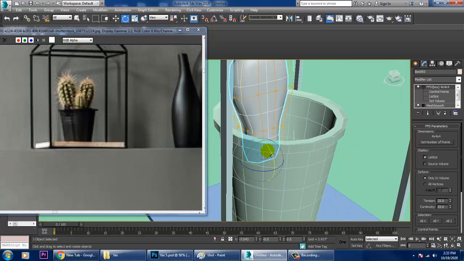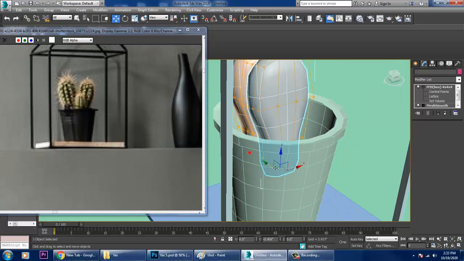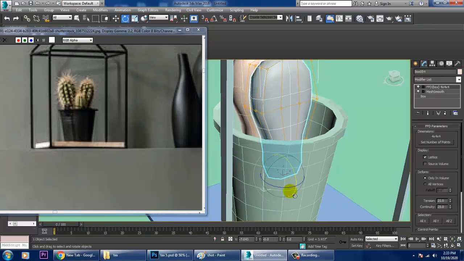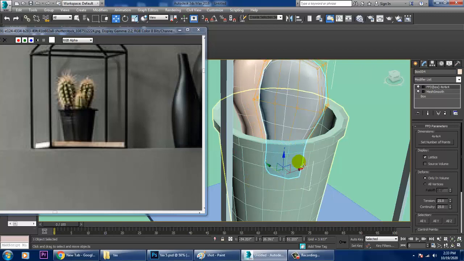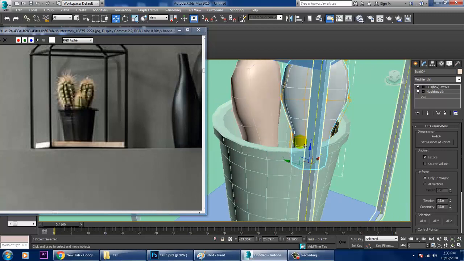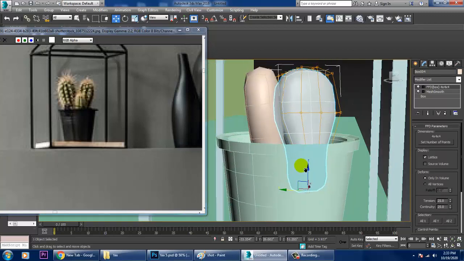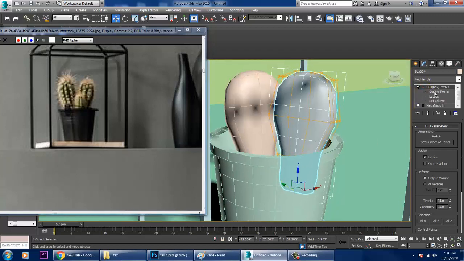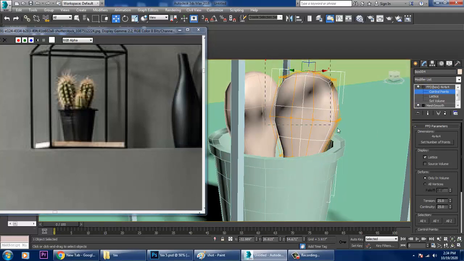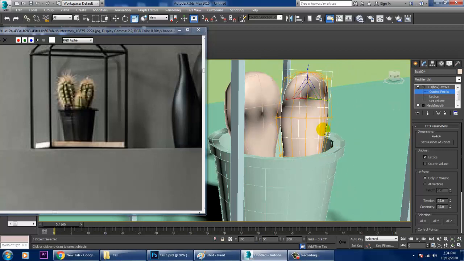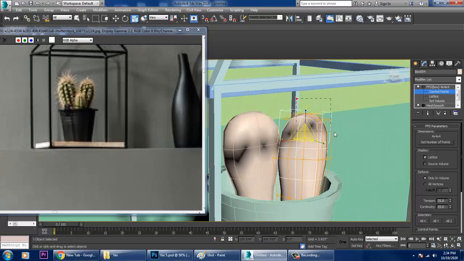Again duplicate it, rotate it, and drag it over here. Again go into its control points and scale it. We can push this up in this way.